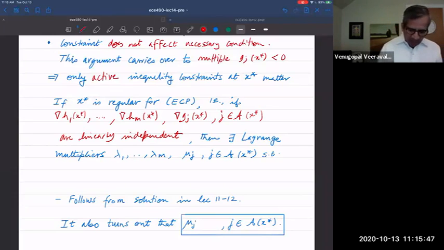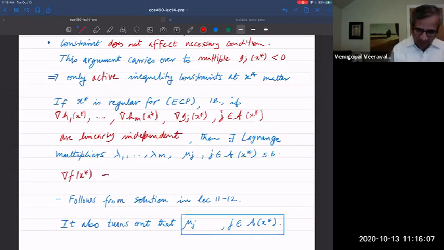We'll call them lambda i for the hi constraints and mu j for the gj constraints. So there exist these Lagrange multipliers such that if I look at the linear combination of the gradient